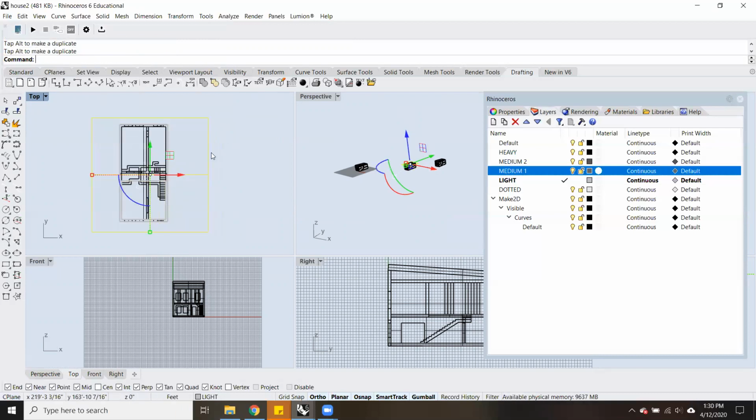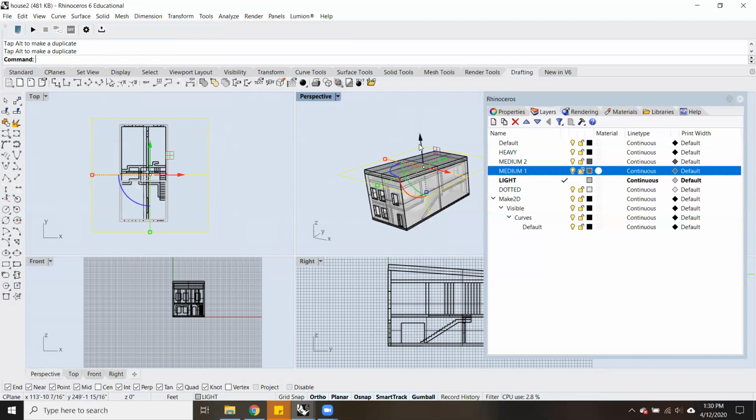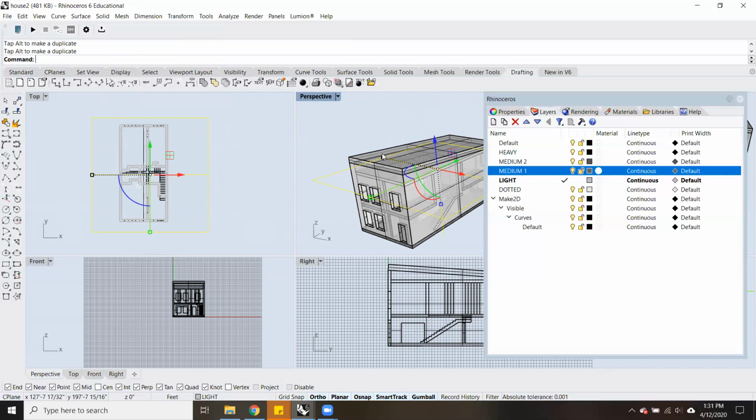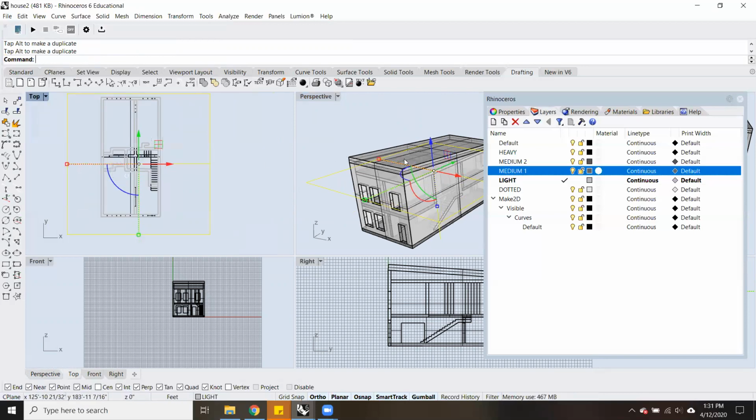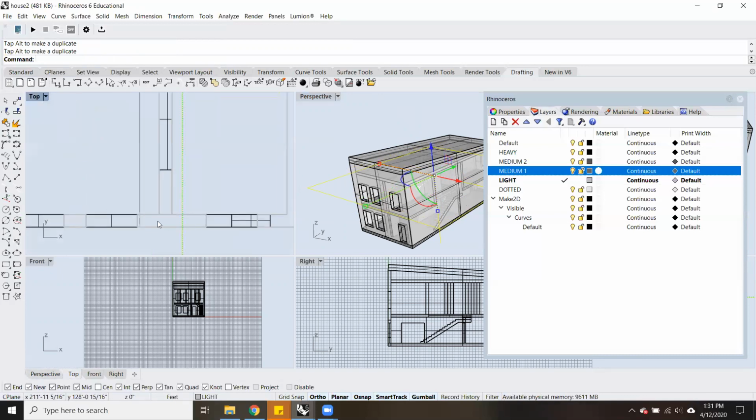And if I look in this view, I can see where my clipping plane is, and I can move it down. Notice that it's not clipping in the perspective view. I can see it, but it's only clipping, oh, I just moved the wrong way. It's only clipping things in this view. So right now, can you see how like this is solid,